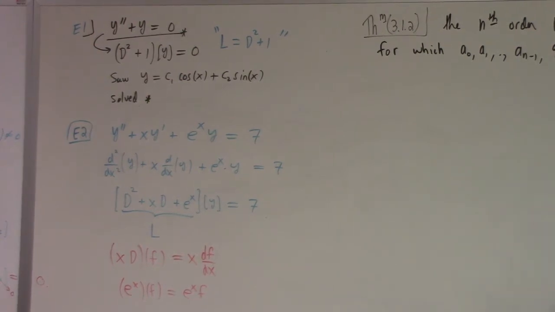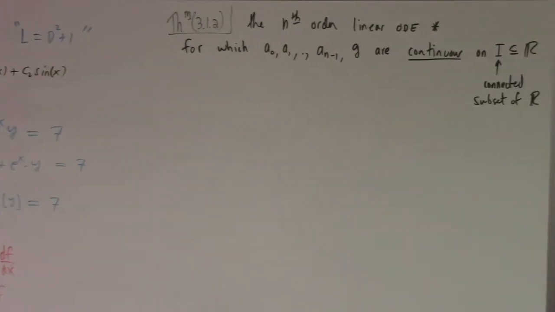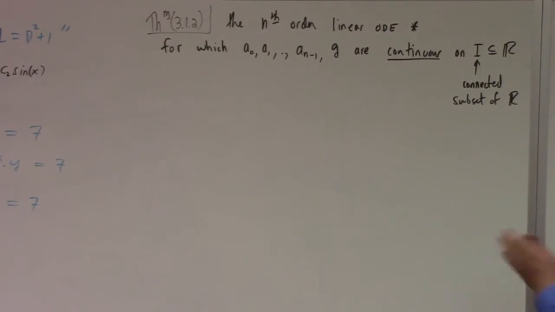It could be the whole real line. It could be a ray out to infinity. It could be the open interval from 3 to 7. Whatever. Basically, that means that these functions are pretty well behaved. They don't have jumps. They don't have vertical asymptotes. They're nice enough functions. Anyway, so if you have all that,